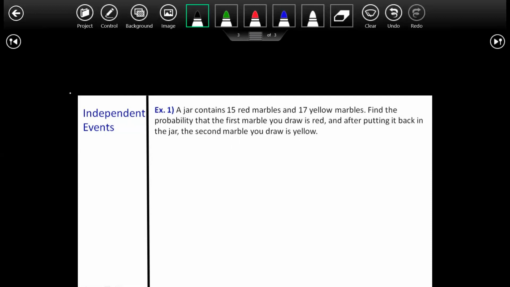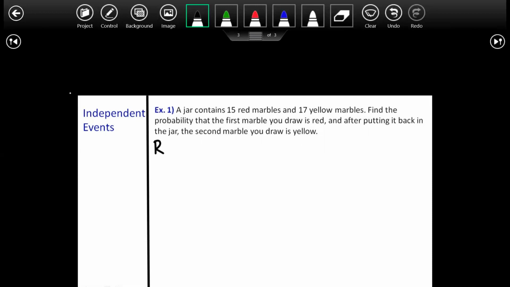No, we want to be able to set these up, and these might seem a little bit more complicated, but we're going to look at several key things. It's given us a probability that we want to be able to find. It says, find the probability. We're going to say,